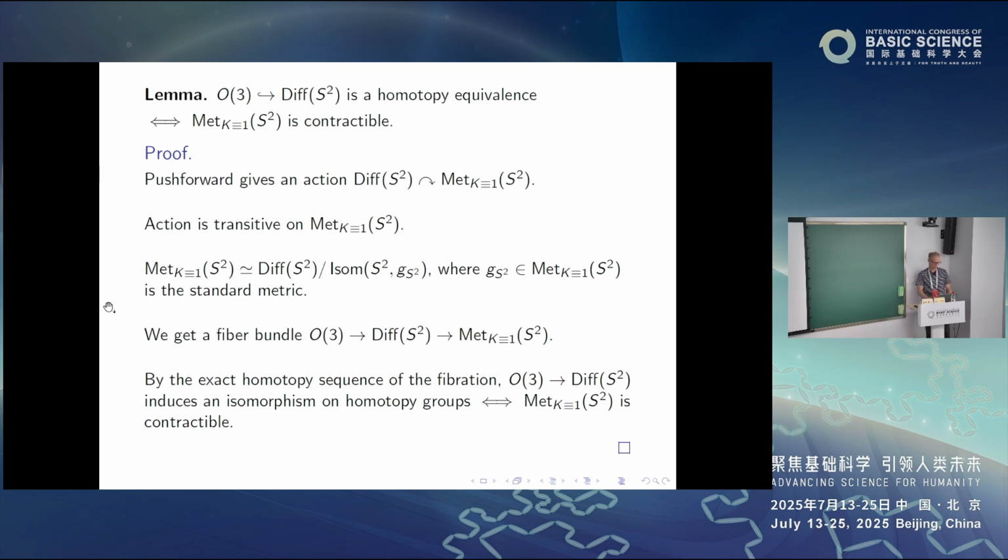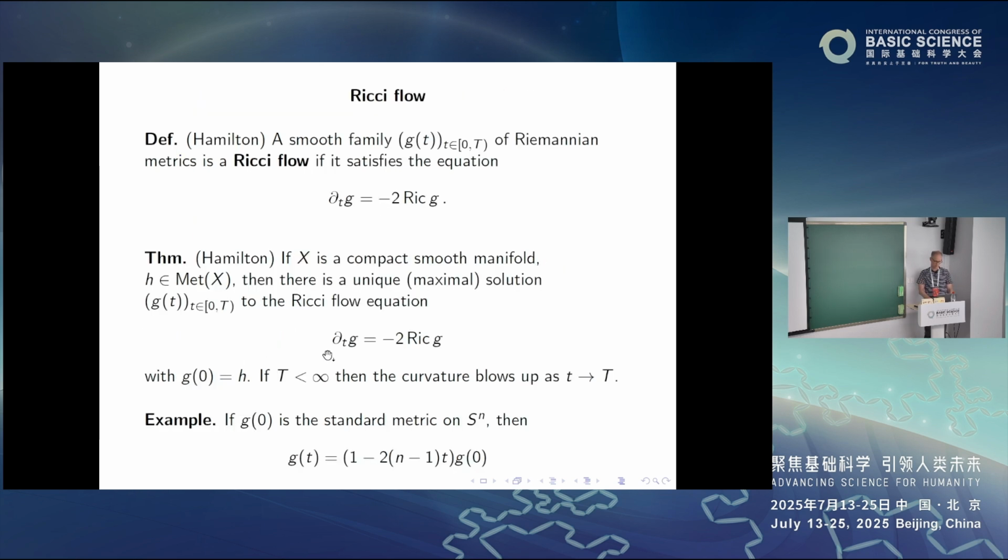So now we have a transitive action of a group on some set, which means that we can think of that set as a coset space. It's a coset space of the acting group Diff S2 mod the isotropy group, the stabilizer of our favorite element. So let's take the element to be just the standard metric on the two-sphere. The diffeomorphisms which stabilize the standard metric on the two-sphere, that's just O3. Okay, so now we can think of the curvature 1 metrics as Diff S2 mod O3, and we promote